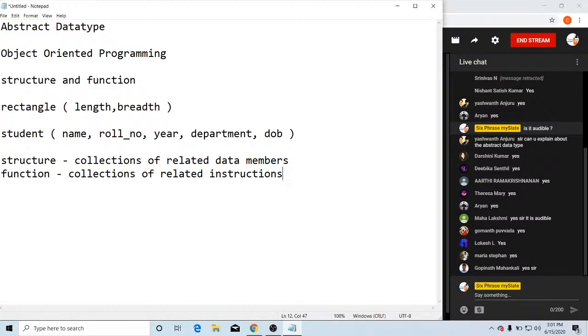For example, I want to find the average of a few numbers. I'm taking 10, 23, 12, 6. So these are the numbers that we are